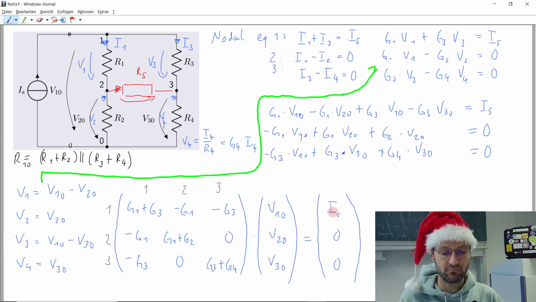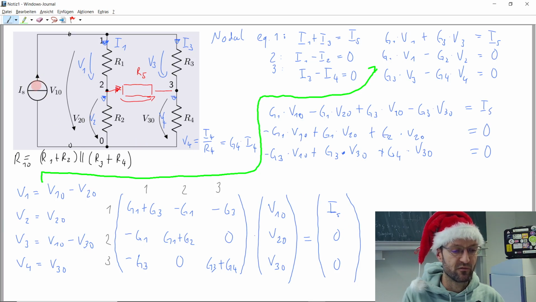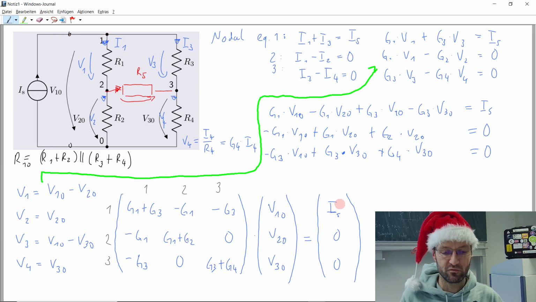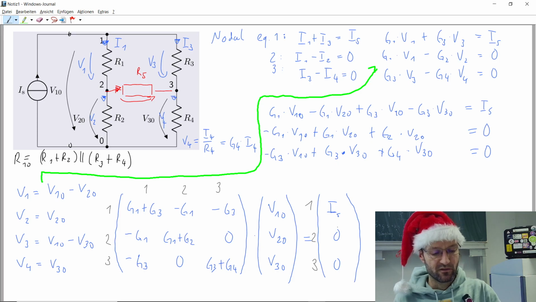And here, what could be the pattern in our source vector? The source and then 0. Yeah, so we have the source that is connected to the first node. That's why it's showing up in the first row here. At the second node and third node, we don't have any source. No source connected here, no source connected there. That's why it's 0. Right? Okay, so